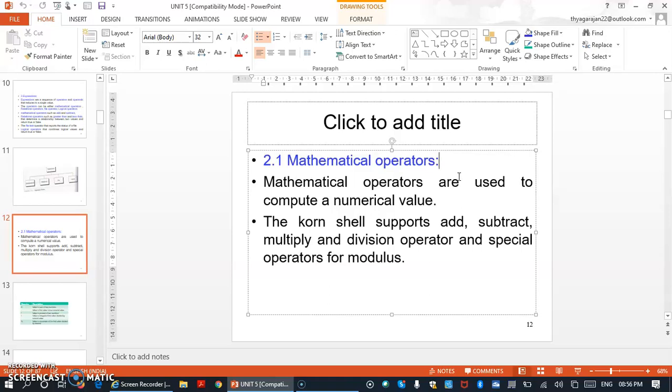Whether it is a Korn shell or a bash shell, all these shells support addition, subtraction, multiplication, division operators, and a special operator within the mathematical ones, which we call the modulus operator, right?